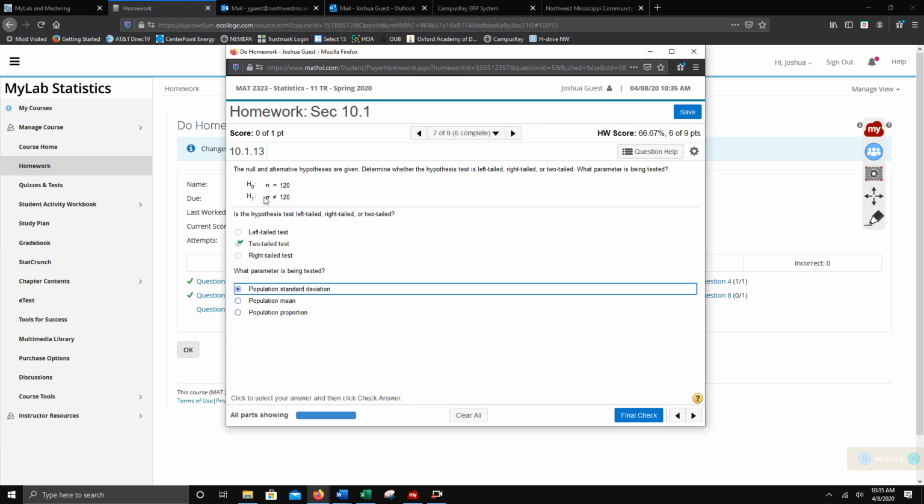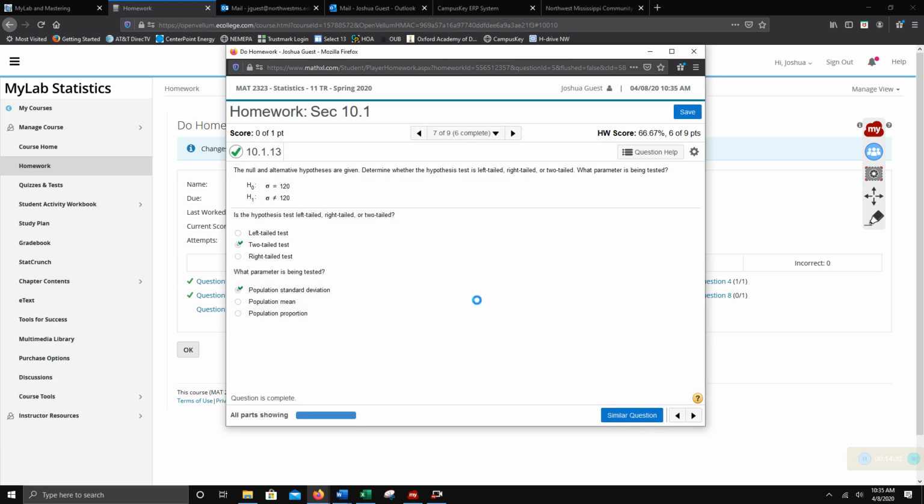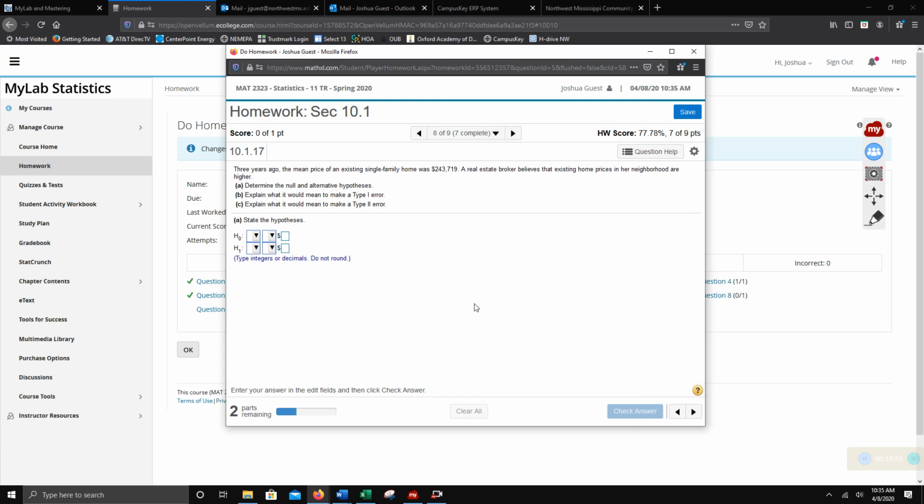All right. So then sigma is not equal to 120, two-tailed, and sigma is the standard deviation. All right, that went through pretty quick. That's good. Go to the next one quickly. Yes. All right. So here, 3 years ago, the mean price of an existing single-family home was